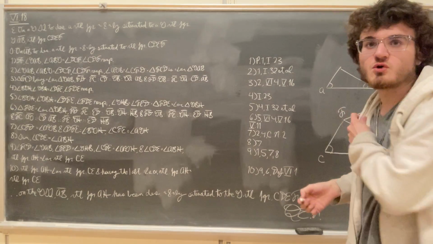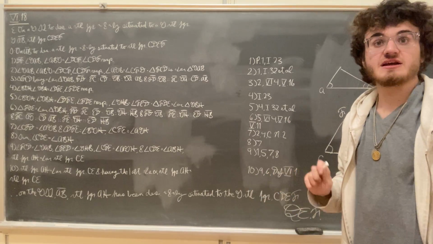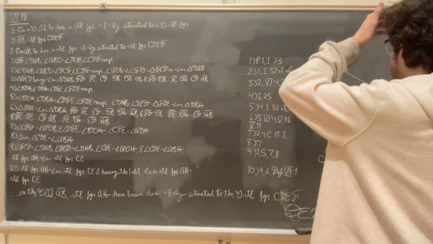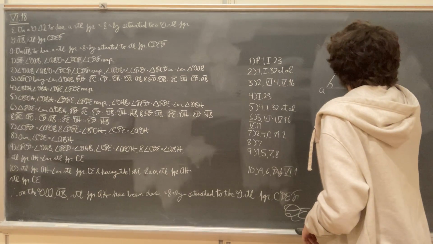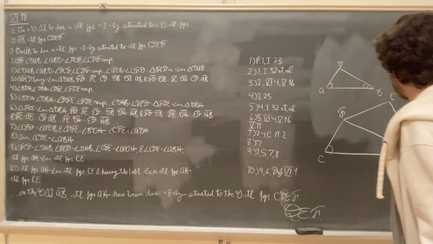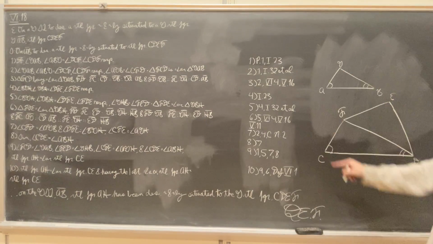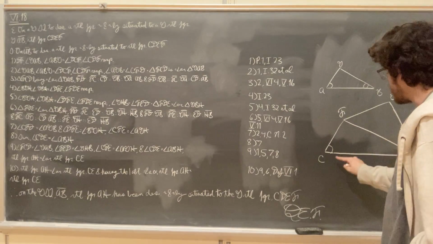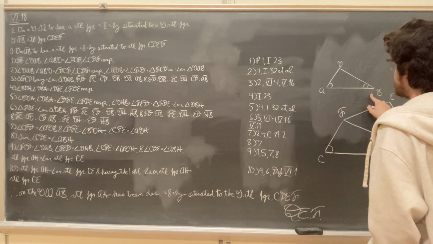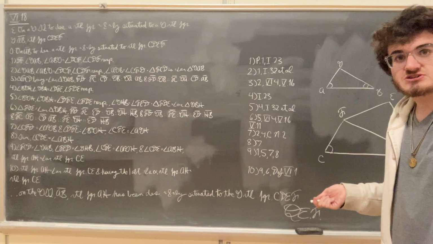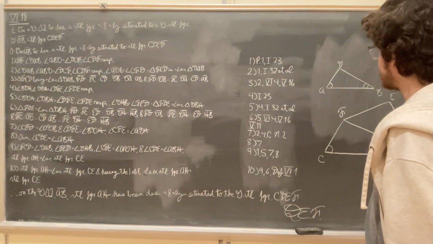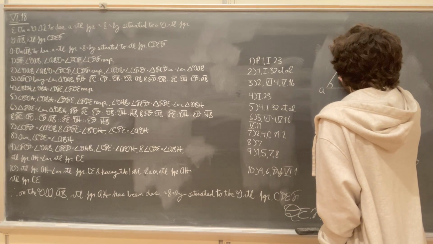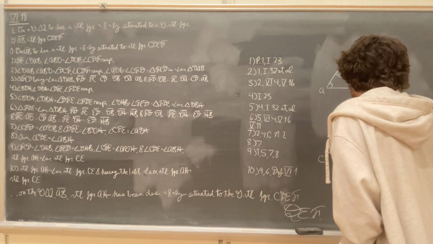proposition 23, of course: on a given straight line and at a given point on it, to describe a rectilineal angle equal to a given rectilineal angle. So we're going to have the angle GAB equal to the angle FCD and the angle GBA equal to the angle CDF. Which means then, between the two triangles CDF and ABG, we have two angles which are equal to two angles, which means by proposition 32 and some other propositions, that the third angle, AGB, shall be equal to